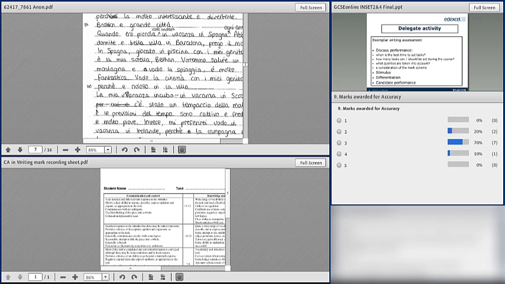Obviously, there's no correlation between the boxes, but it's often the case that someone that gets 10 or 12 in communication is likely to have 7 and 8 in knowledge and application of language, and a 4 in accuracy. While someone that gets middle box would probably have no more than middle box in the other categories as well. There's no such scaling applied, but it's just the nature of the mark scheme that it's often the case. We really have only a couple of minutes left.